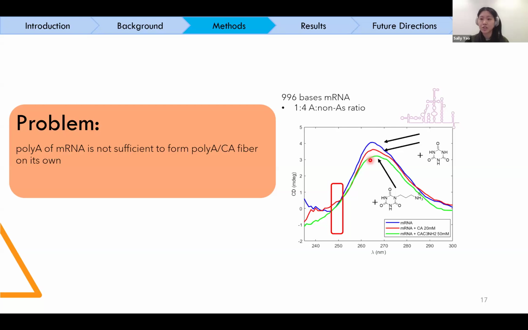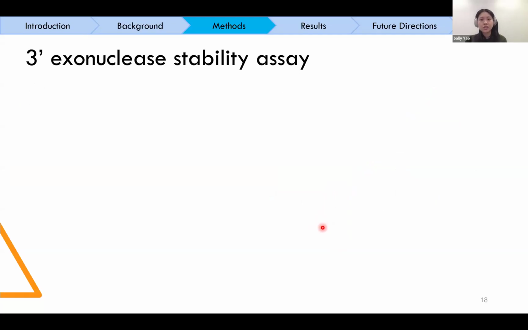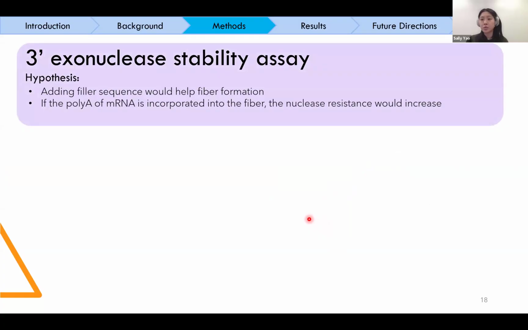And if we have a triple helix structure, we should see a big peak at 255 nanometers. This indicates that there's no triple helix structure observed, so the poly-A of the mRNA itself wasn't sufficient to make this polyCA fiber on its own. So it motivates us to use one of our toolkits, which is to use the phylo sequences to drive the